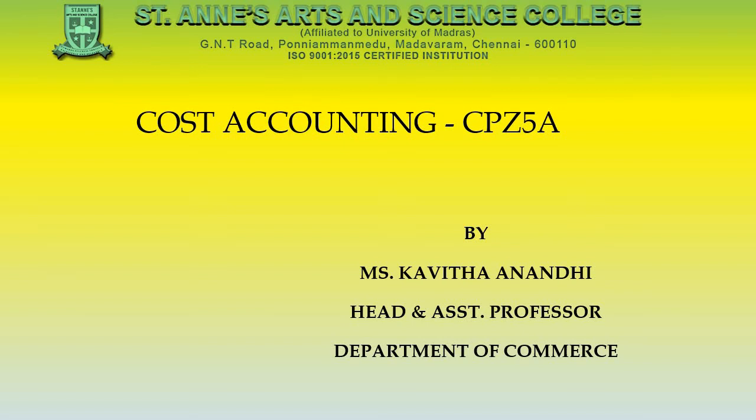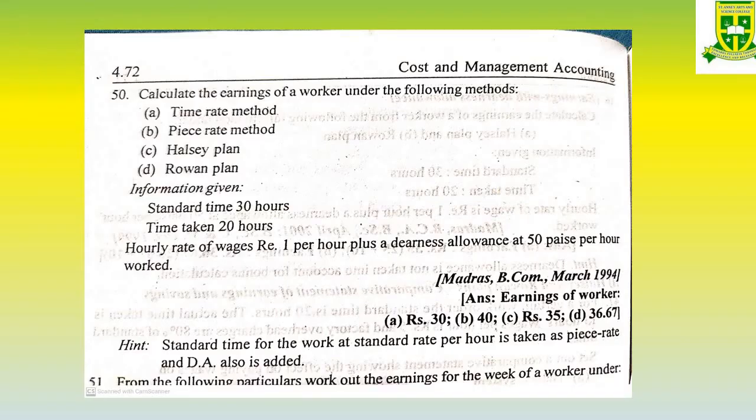So today's class we are going to see the important 10 mark question in this chapter. Kindly listen to the sum. In last class we have seen all the 5 models, which is time rate system, piece rate system, and 3 differential piece rate systems, where Taylor's, Merrick's and Gantt task bonus plan. And lastly we have seen other 2 models, Halsey and Rowan's.